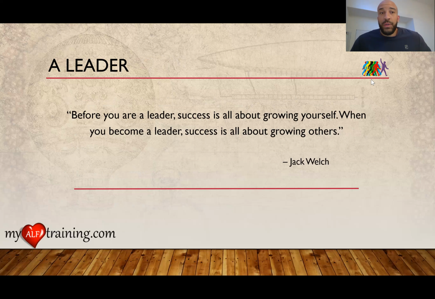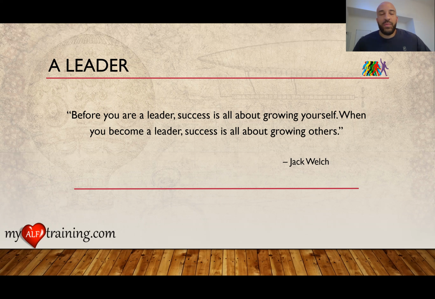So, in my research, the definition of a leader can be a little vague, and in some it can be a little bit too detailed. There wasn't just a perfect definition out there. So when that happens, and it happens with certain terms, or when I'm trying to convey a point to students, I choose to go with a quote. So, quotes sometimes capture the essence of what something is.